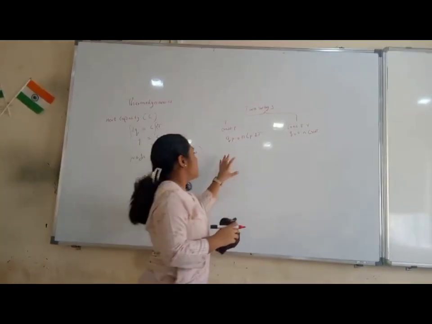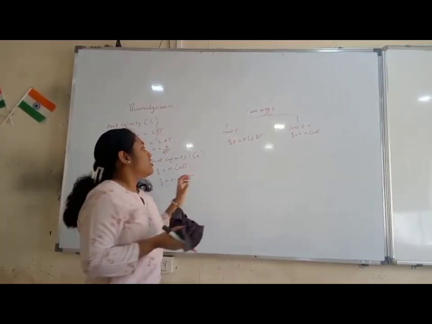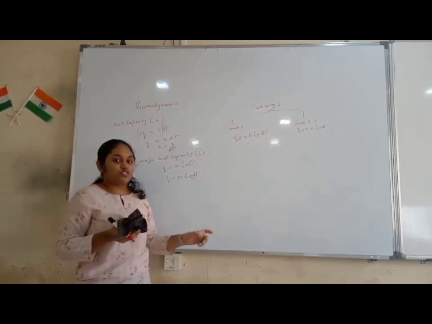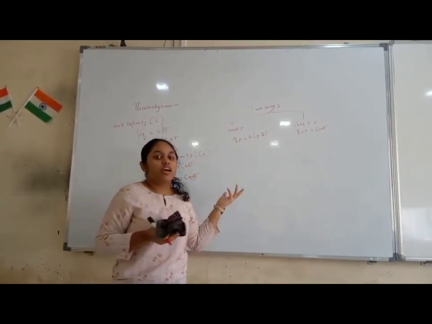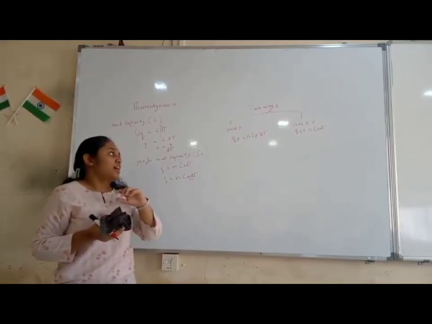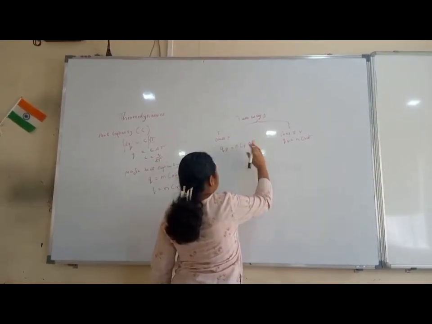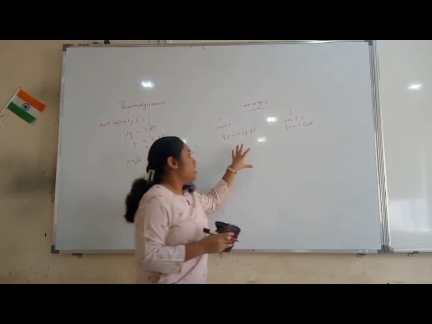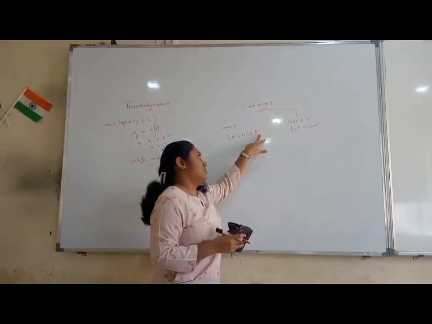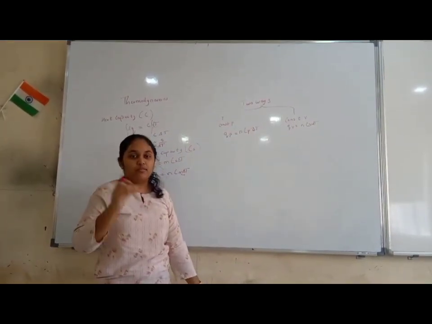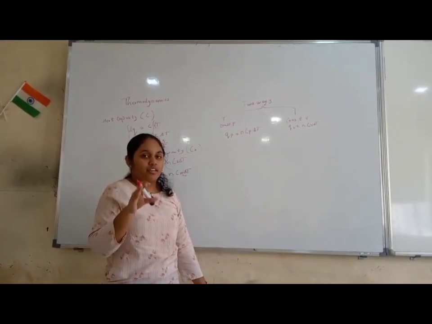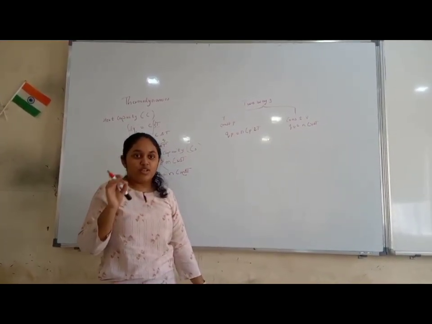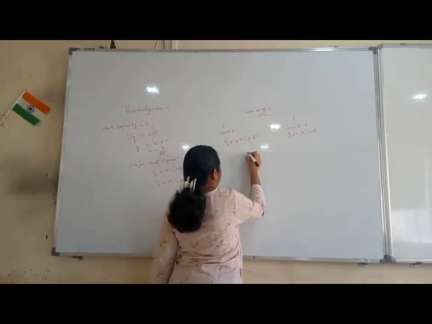So there are different processes: isobaric where pressure is constant, isochoric where volume is constant, isothermal where temperature is constant, etcetera. Next, we can go for processes. One important thing is heat capacity in phase transformation. When water is boiling at 100 degrees Celsius, what happens? At that time delta T will be 0. So heat capacity will be infinity.